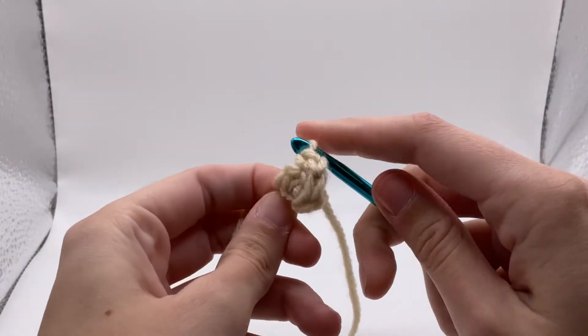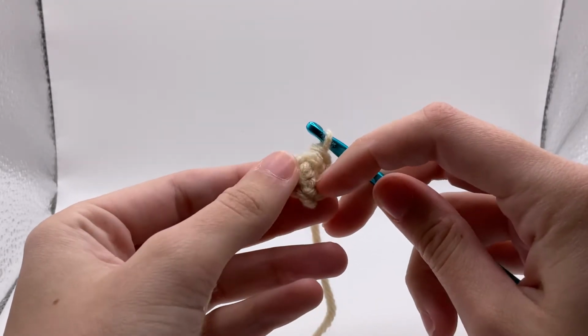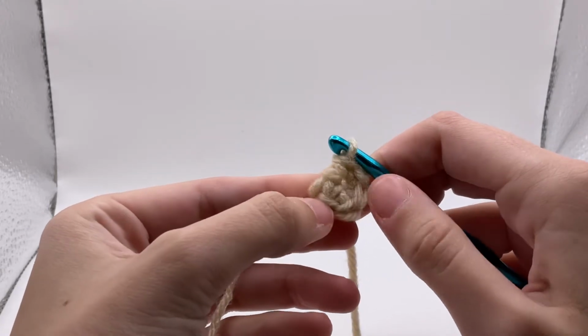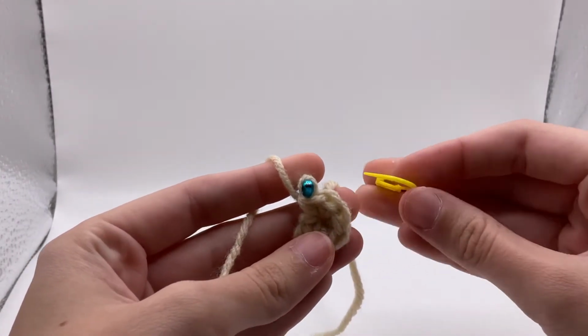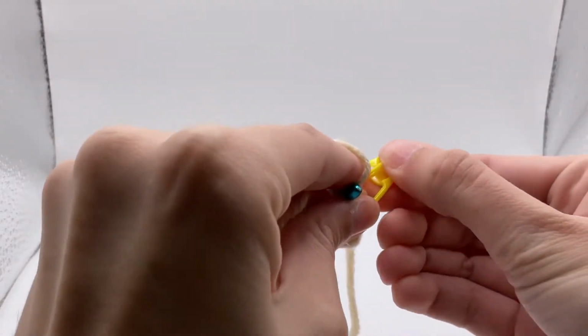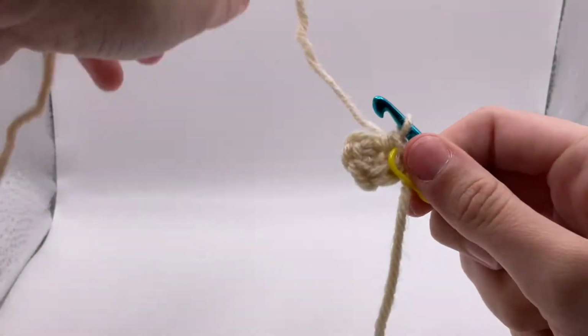Here we have a nice small circle. You can see there's 6 stitches on the outside. And to continue with our next row, we're going to go in those stitches, creating a taller circle that will be nice and flat. You can insert your stitch marker here. I do it in the stitch that I just finished, so it's easier to keep track as I go around